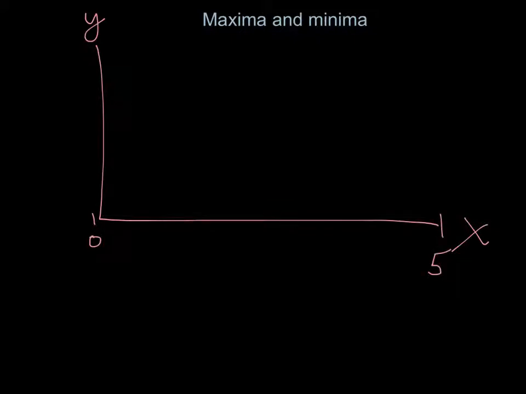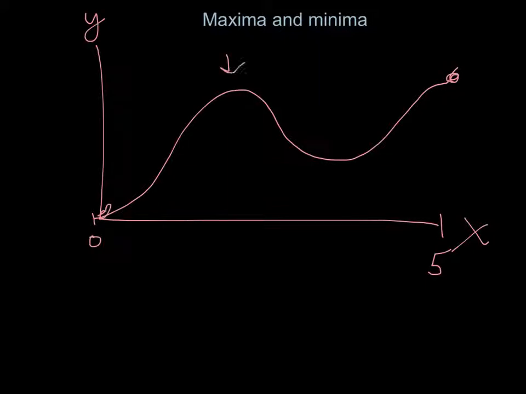is 5. So that's your domain. That's the only x values the function can deal with. So say it goes up like this and then comes over here at 5. So you can see here is a local maxima, here's a local minima, but your absolute maxima and minima are going to be, this is your absolute maxima and this is going to be your absolute minima, because this